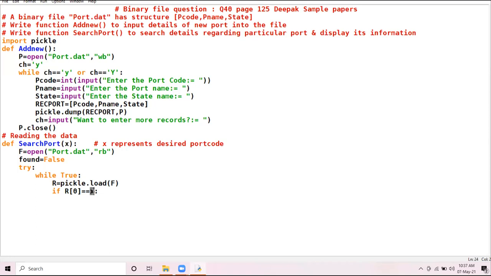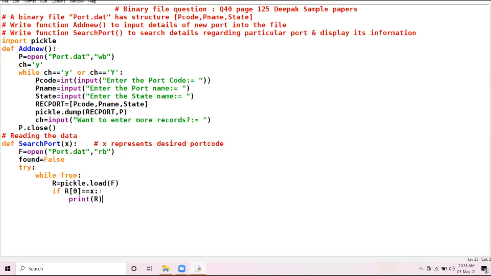If throughout all the records your port code does not match the desired port code, then no detail will get printed. So solve this condition: print R. R means complete record.